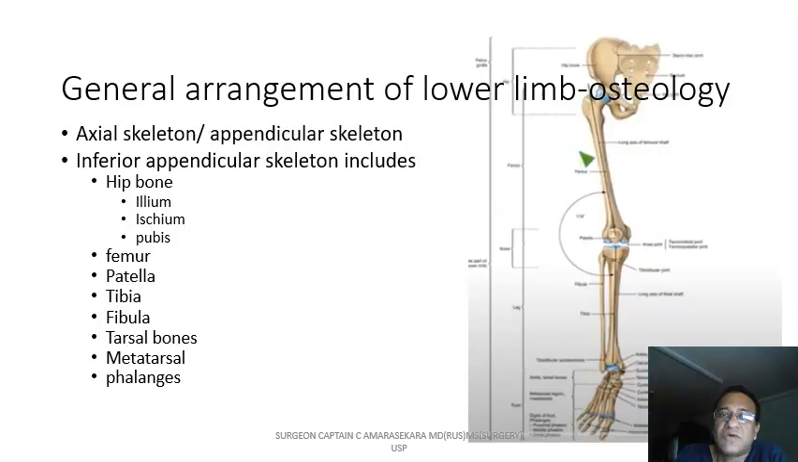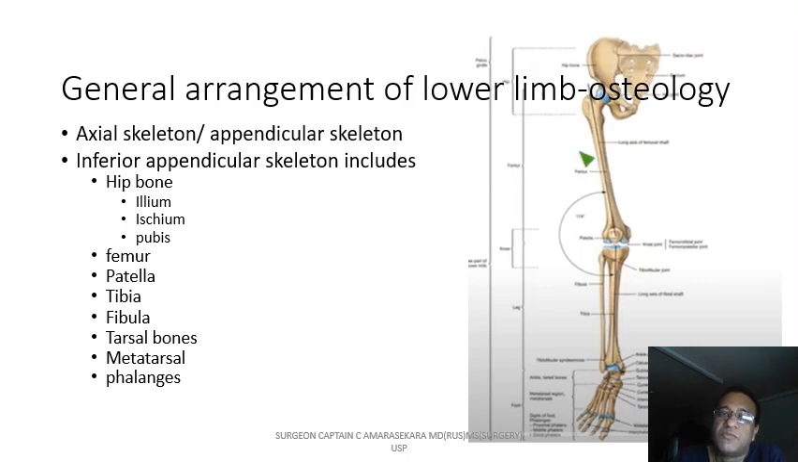Let's now shift our focus to the skeletal framework of the lower limb, the foundation upon which all muscular, vascular and neural structures are built. The inferior appendicular skeleton includes key bones from the hip to the toes, each with distinct roles in weight bearing, movement and anatomical alignment. Starting from the hip bone,